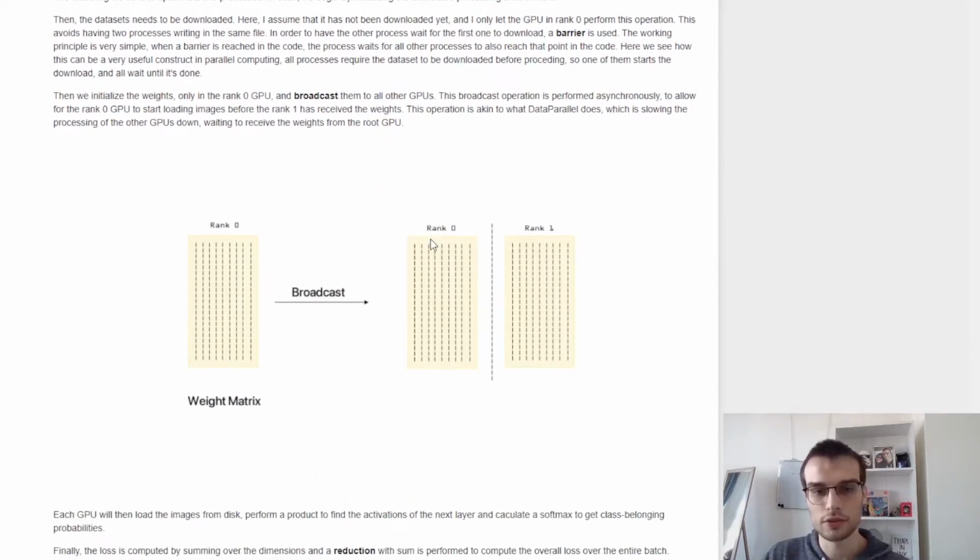So the first thing that we need to know is that we will be doing a broadcasting of the weight matrix from one single GPU to all the other ones. This is quite slow. It's much more efficient if all GPUs already had all of the weights and they keep their own local copy updated at each iteration. This is also an example of how slow data parallel is, and instead what is better, what has been improved in distributed data parallel